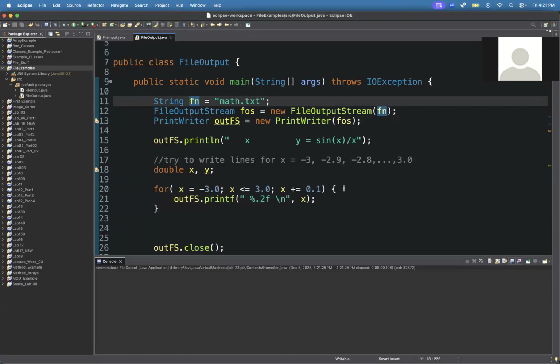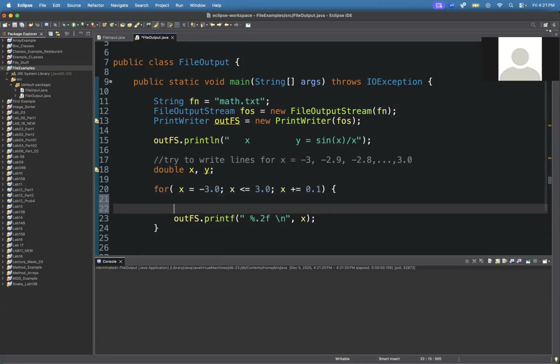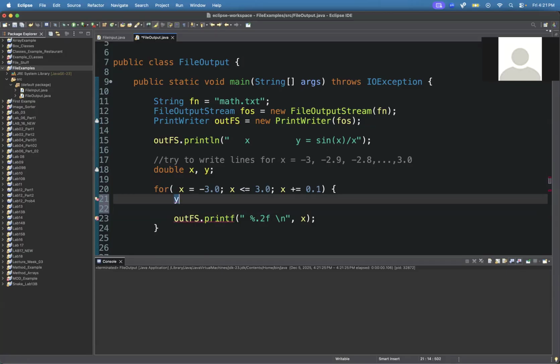Cool. What about the Y values? Well, for the Y values, if you're trying to plot the function y equals sine x over x, you have to calculate sine x over x. So in this for loop, we could do y equals sine x over x,